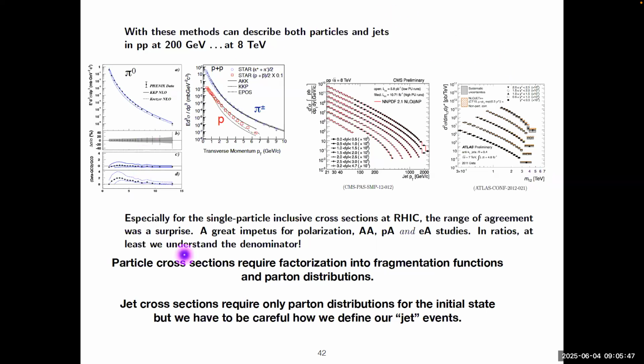At the end of the last lecture, we were able to use the concepts of parton distributions and then fragmentation functions, which I haven't gone into detail about, to describe a wide variety of cross sections at colliders, single particle inclusive and jet